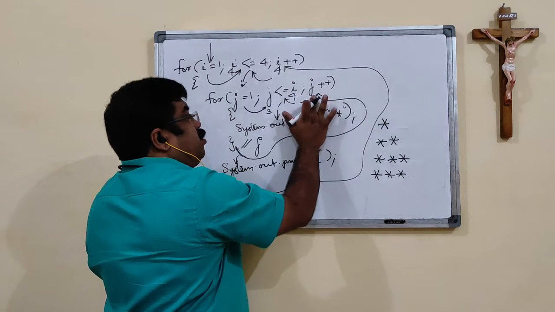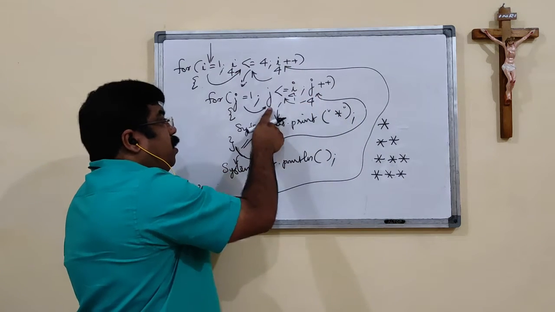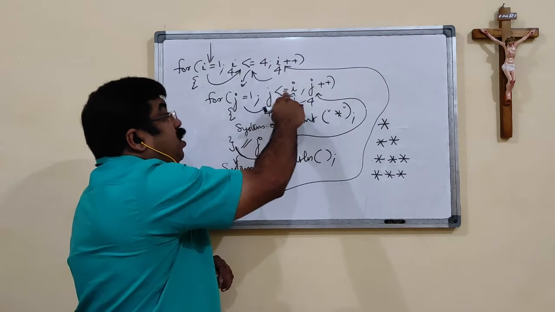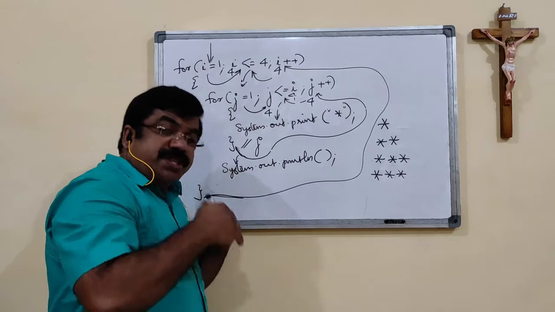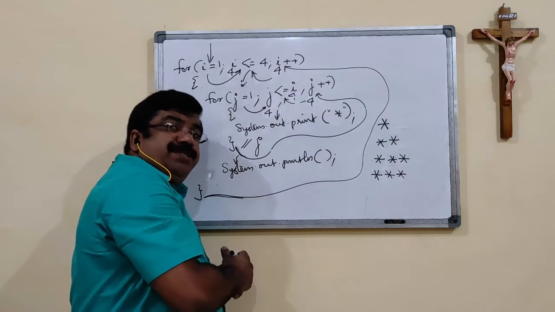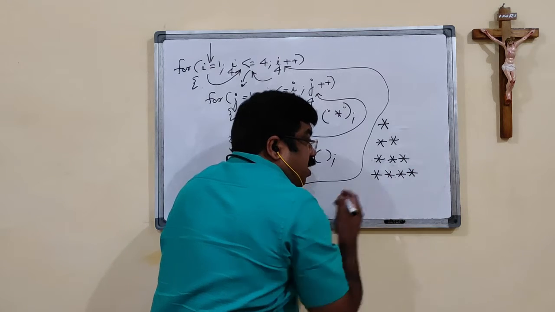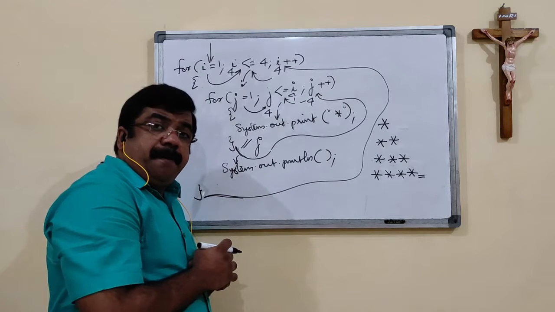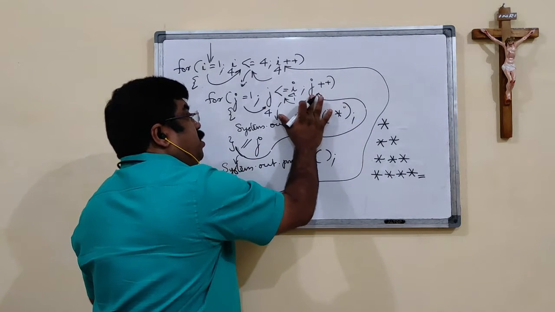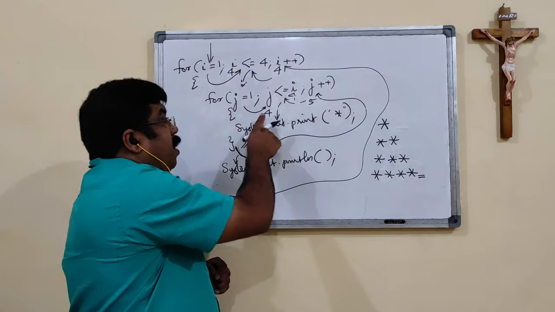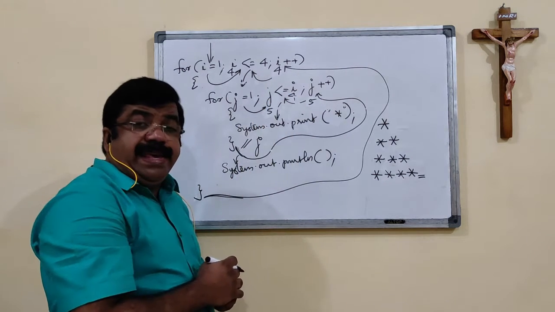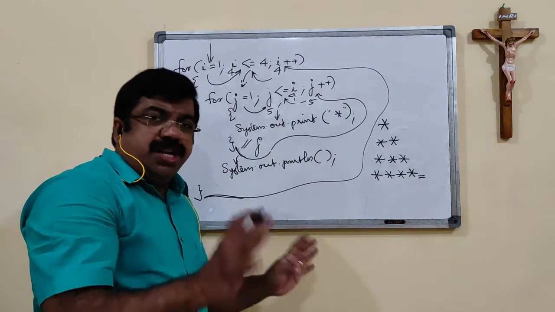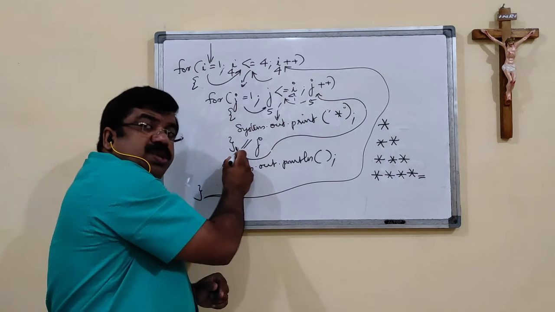Again J is getting updated. J became 4. Then 4 less than 4 is false, but 4 is equal to 4. The condition is true. Since the condition is true, this body gets executed again. A star will be printed at the current cursor position. Afterwards the cursor will remain there. Again J is getting updated. J became 5. 5 less than 4, the value of I. The condition is false. 5 equal to 4, the condition is false. So we come out of this J loop.